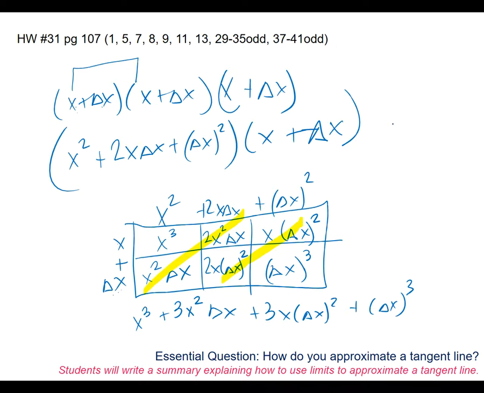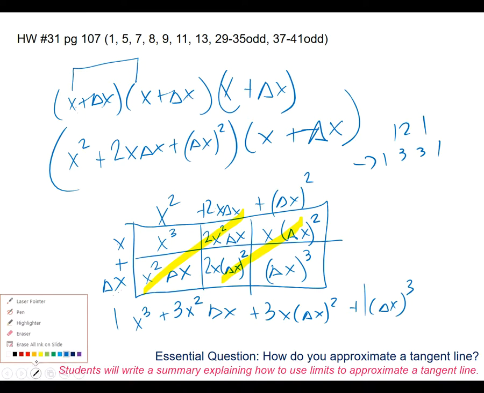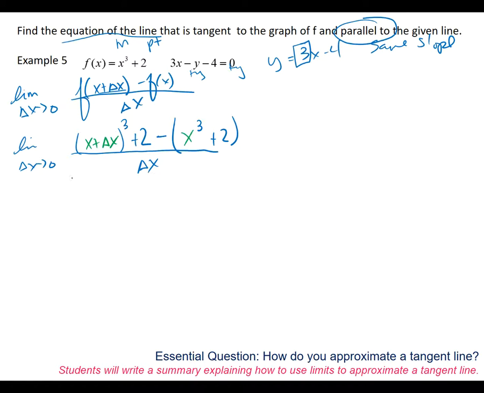Alright, you guys remember Pascal's triangle, 1, 2, 1, 1, 3, 3, 1? Those are the coefficients right there, right? So we could have done Pascal's triangle with the binomial expansions. Alright, so that's what we're going to put in for this expansion right here. So I've got the limit as delta x approaches 0 of x cubed plus 3x squared delta x